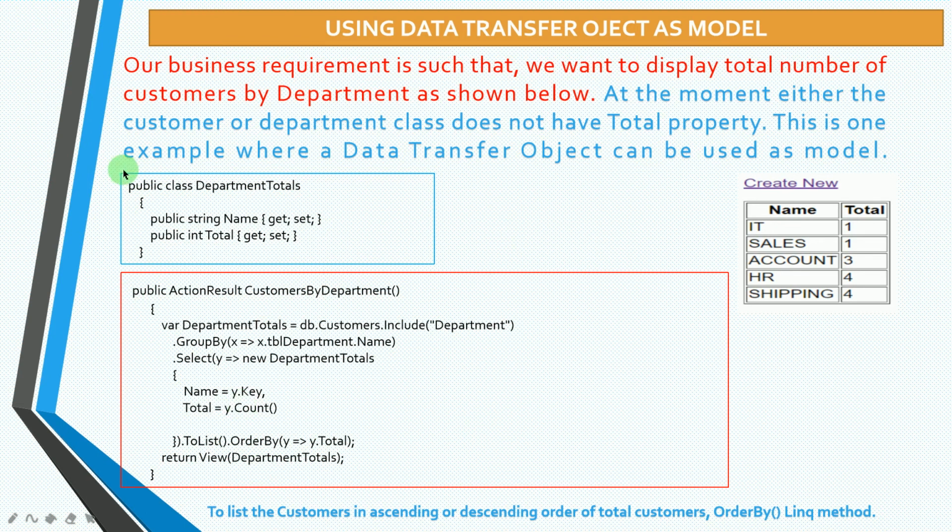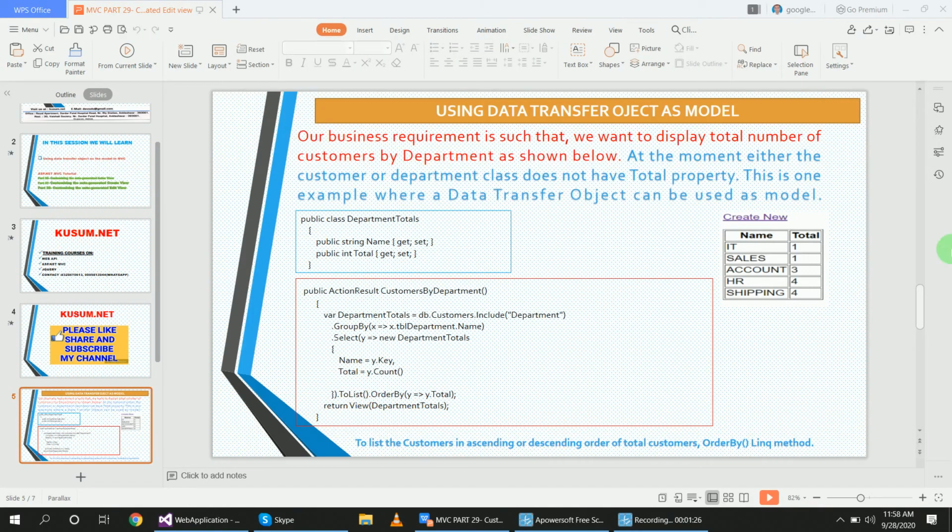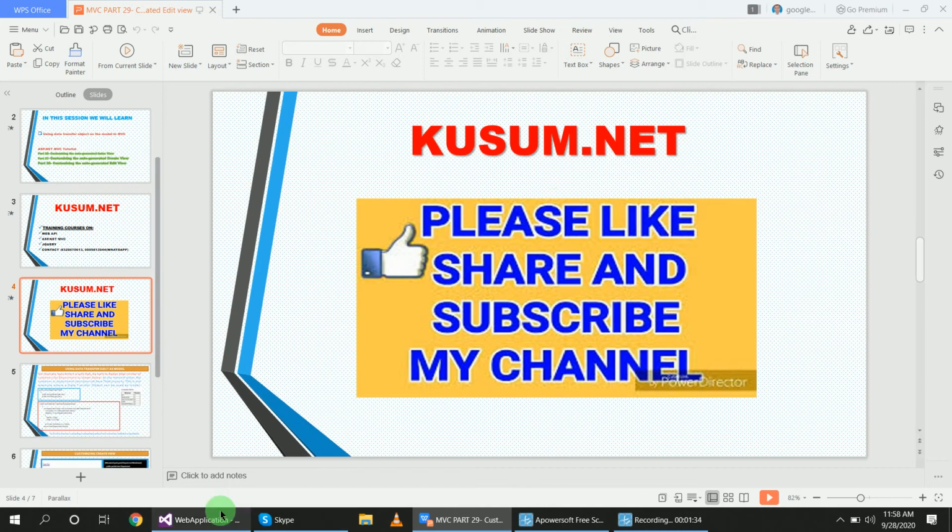Our business requirement is that we want to display the total number of customers by department, as shown below. At the moment, neither the customer nor the department class has a total property. This is one example where a data transfer object can be used as a model. If we want to display data that is not in the existing tables, how can we create and display it?